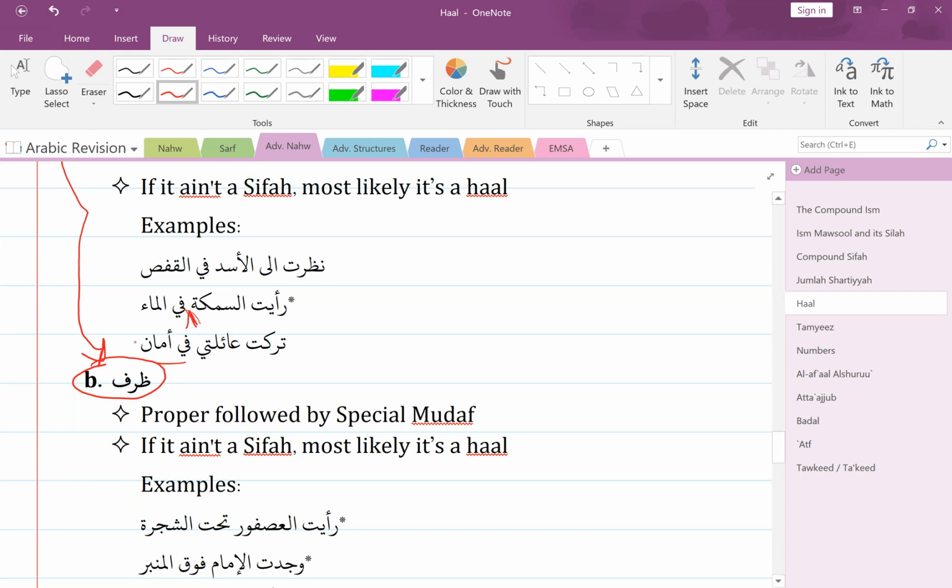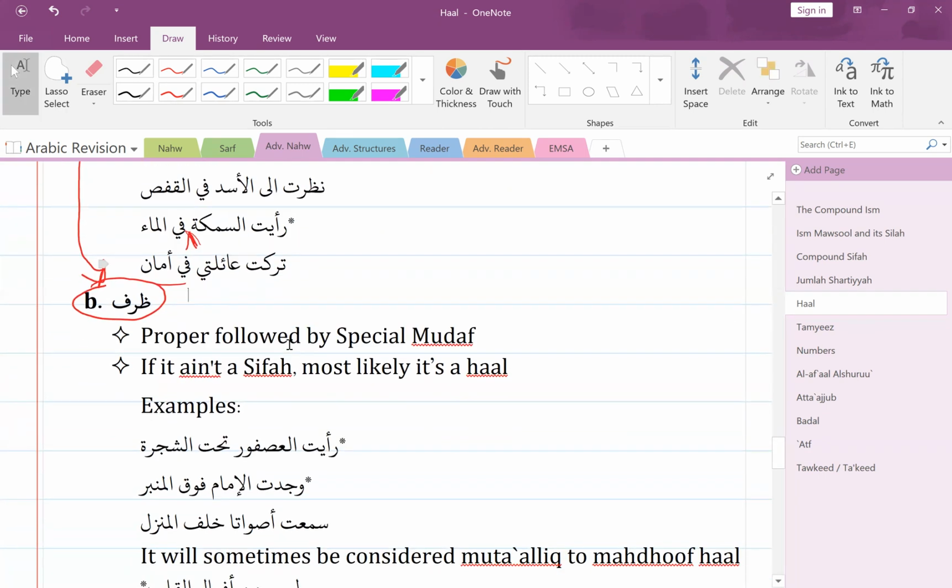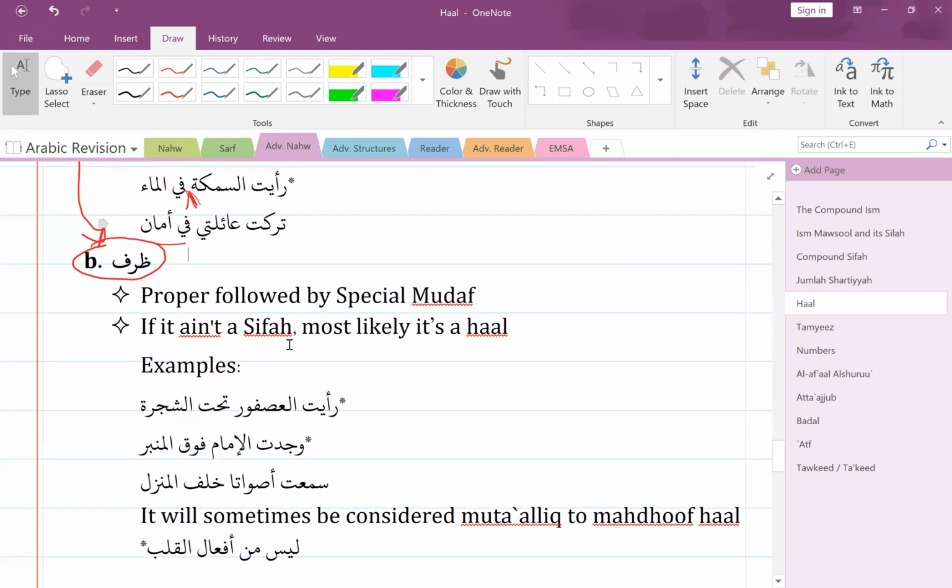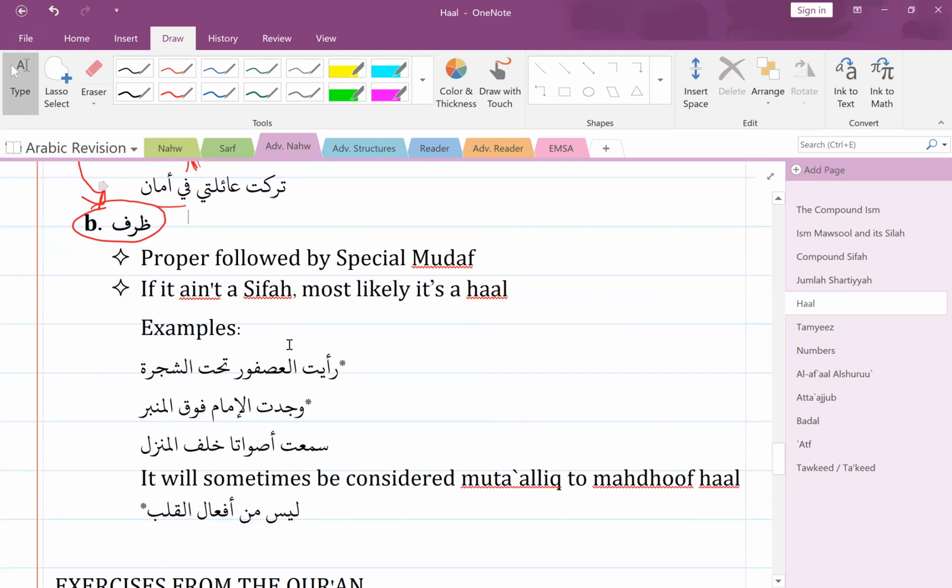How did I leave them? I left them in safety, or in أمان. Okay. So you just have to ask yourself, what kind of question is it answering? Then when we look at ظرف, it's basically the same principle, but here we have a special